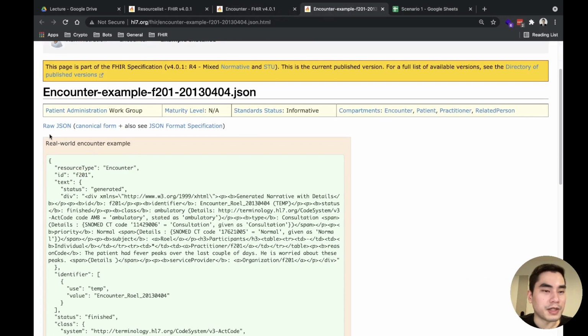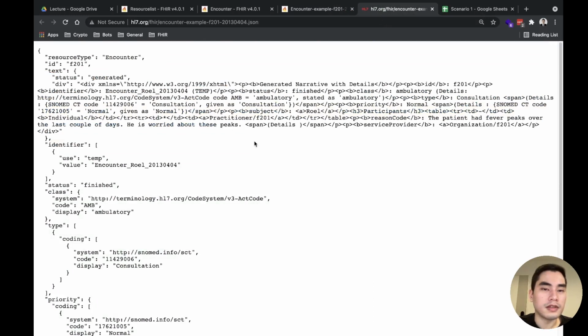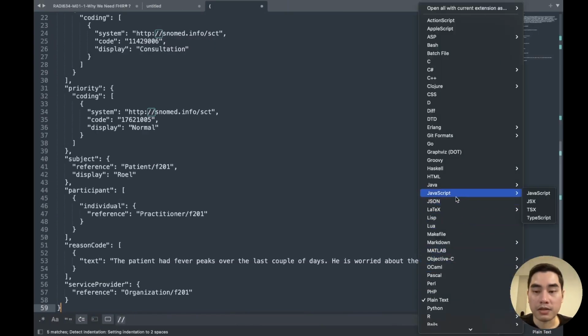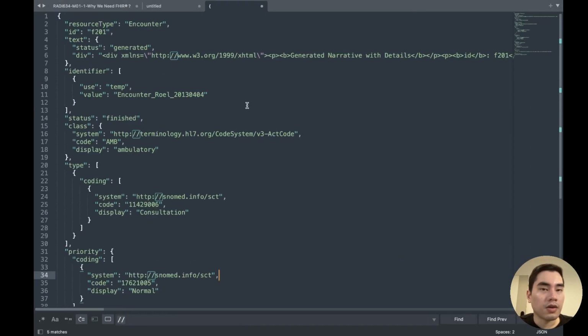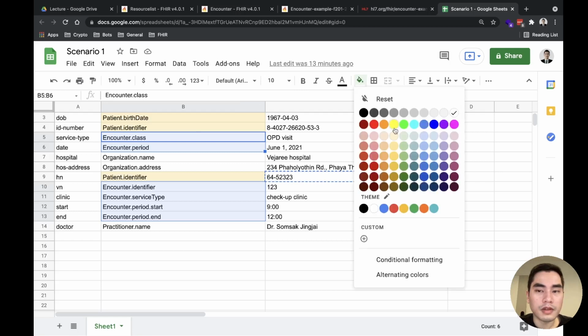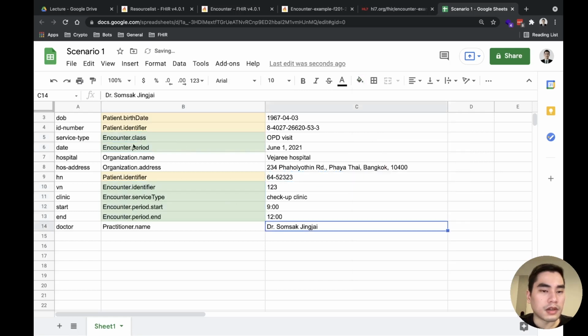Okay, maybe this one is better. Raw JSON. I put it here. Okay, so what do we need in encounter? 1, 2, 4, 5, 6. This one. Encounter class, period, identifier.